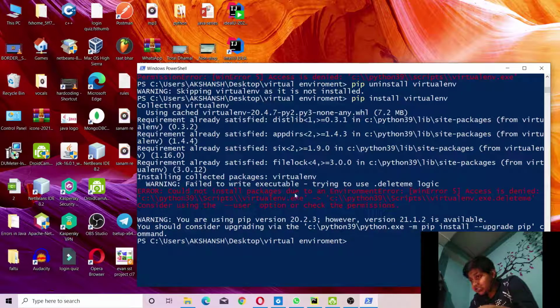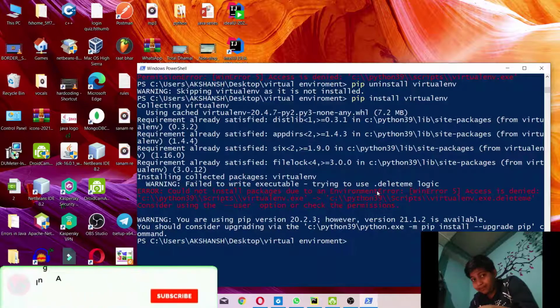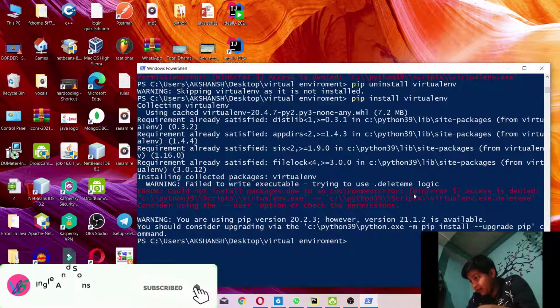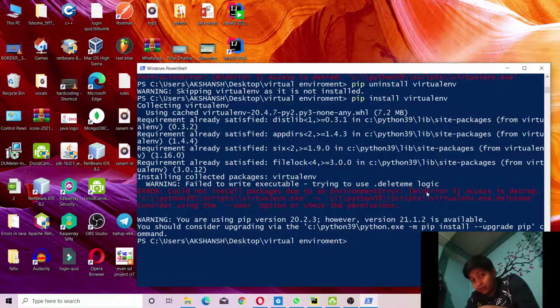Could not install packages due to an environment error. See, environment error. What is that error? WinError 5, means Windows error 5, access denied. Now this error not only comes while installing virtualenv, it comes during installing most times.